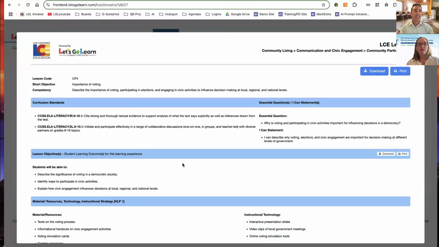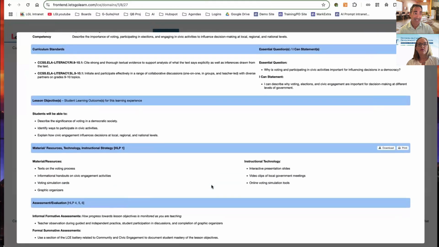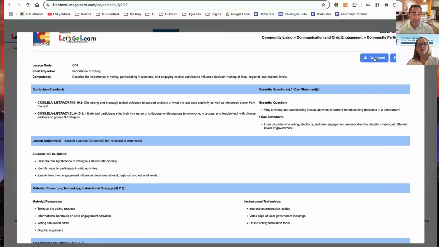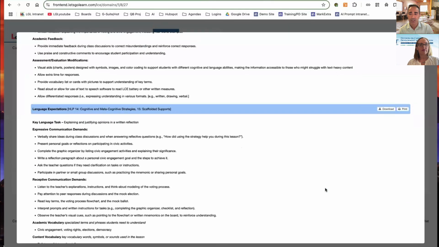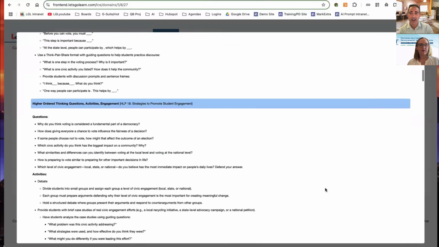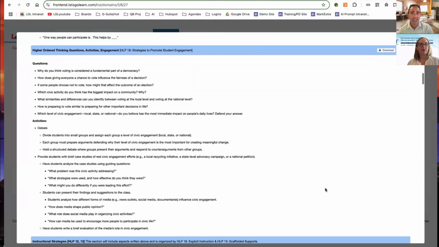And now this is where I was mentioning, it's very long. I think this is like 18 pages. You could download the whole thing, you could print it, but whether you're a new teacher or an experienced teacher, the goal is to adjust it to your need, right? You may say, well, I'm a veteran, I know how to teach this. I just want to maybe jump to the section where it has some scripts and questions and activities, right?